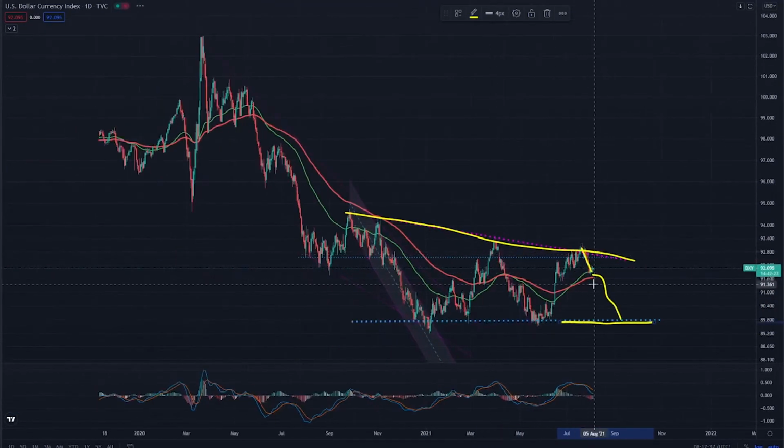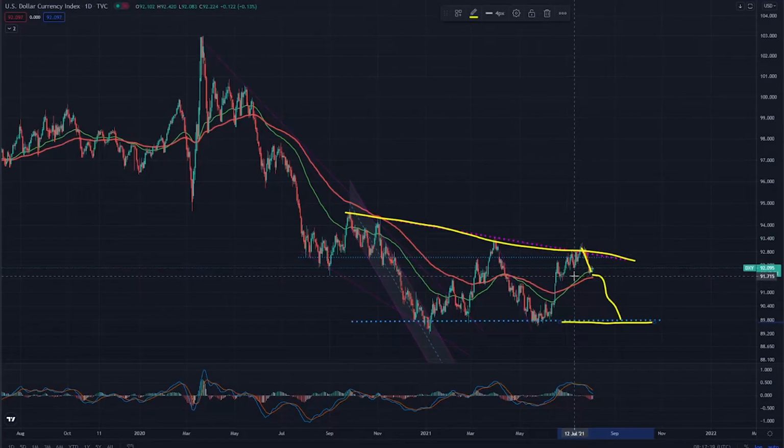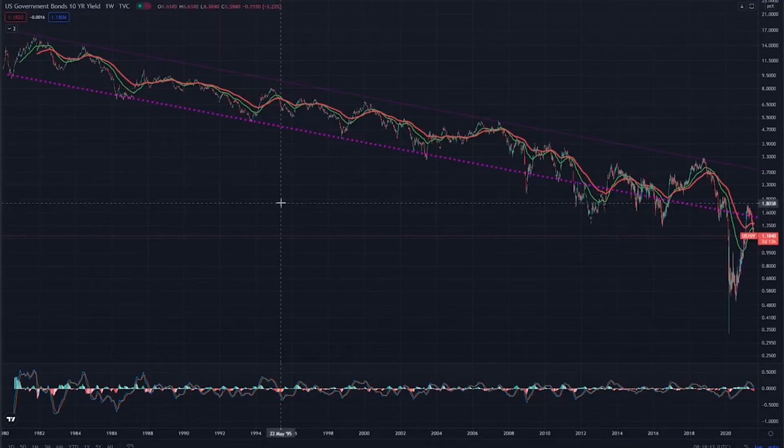But as long as the dollar makes lower highs and lower lows, that would mean that it's downtrending, which is also good for the stock market and the Tesla stock price. And finally we have here the US government bonds, the 10-year yield bonds, and we can see that they go all the way back to the 80s and 90s, etc. And here is pretty well defined support and resistance of this downtrend